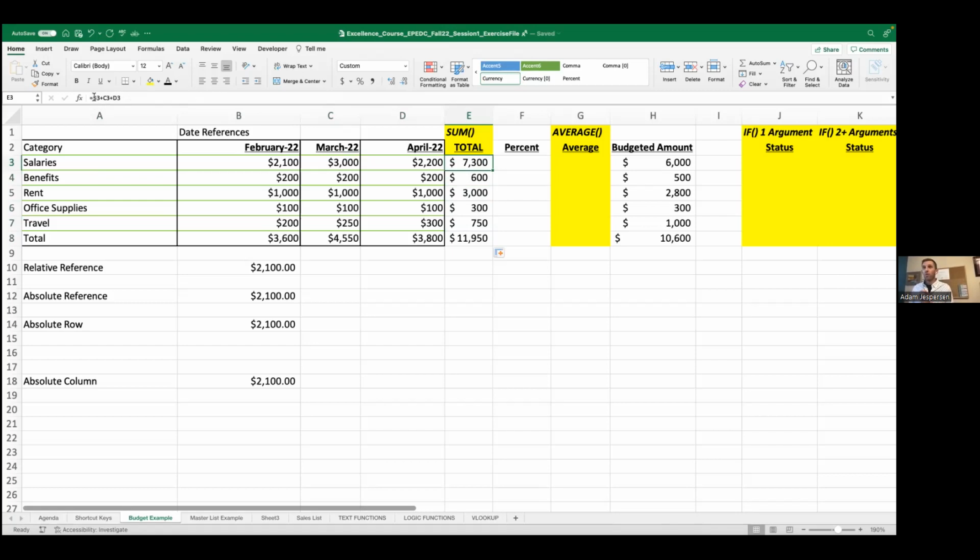Watch up here in the formula bar where it says B3, C3, D3. As I move down, you can see now it's B4, C4, D4, B5, C5, D5, etc., all the way down to the bottom. In Excel, this is called a relative reference. Excel is going to take your formula, and as you copy that formula or move that formula elsewhere in your worksheet, it's going to keep the reference point the same,